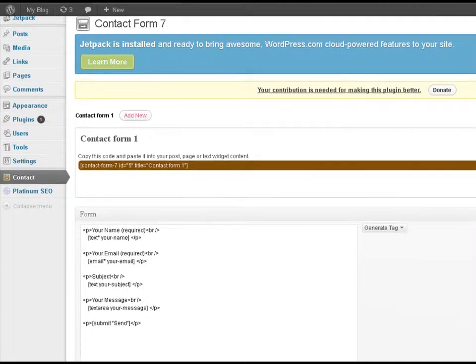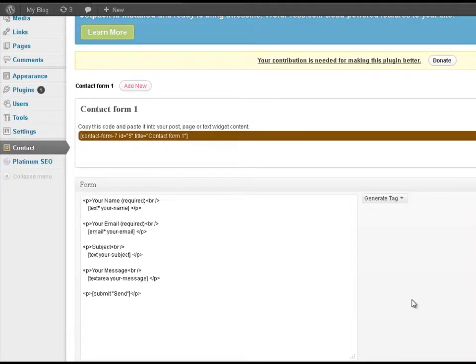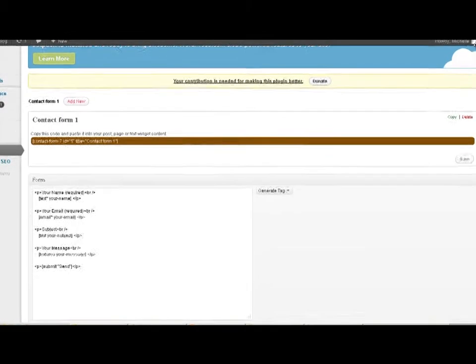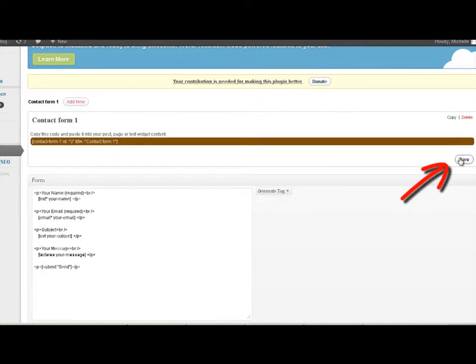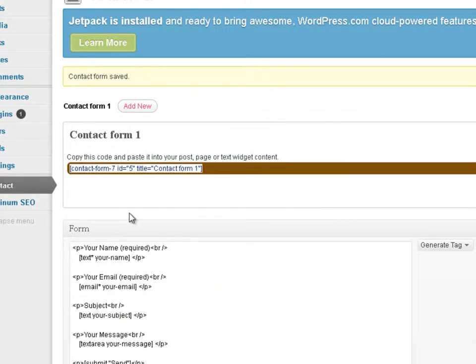You can customize the form if you want to, with your email address, name, a subject line, or you can leave it as it is and then come back later if you want to customize it any further. And we'll click the Save button. And then, as you can see here, it says copy this code and paste it into your post, page or text widget content. So wherever you want the form to appear, all you'll need to do, right click and copy,